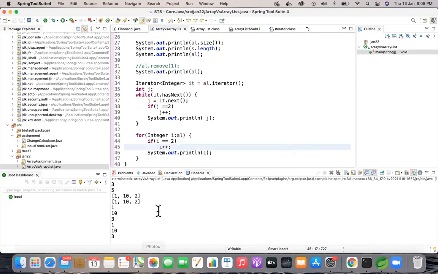Now, what is the difference between the while loop and the for loop which we have used? When do we need to go for which? You are able to come up with the same thing. We have done the traversal in both the cases, but what is the major difference? Think from a complexity perspective.